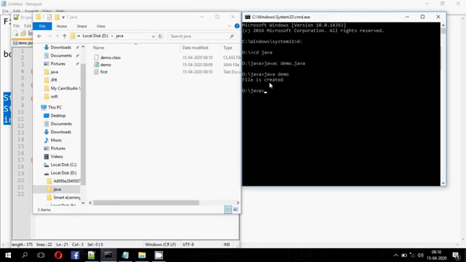Okay, here the message "file is created" is displayed, which means our file is created. If you see the Java folder, the first.txt file is created. Now again, if I execute it, java demo, it will display the message "file is already exist", because previously this first file is already created. That's why it displays the message that file is already exist.